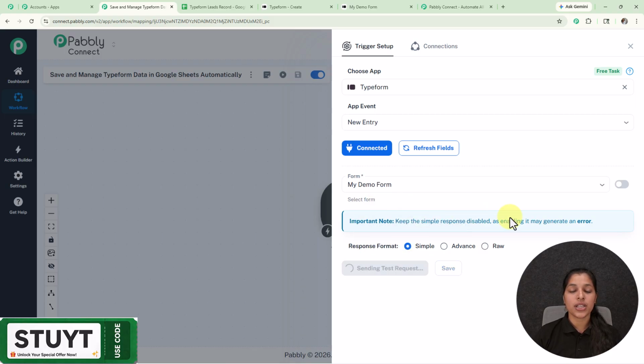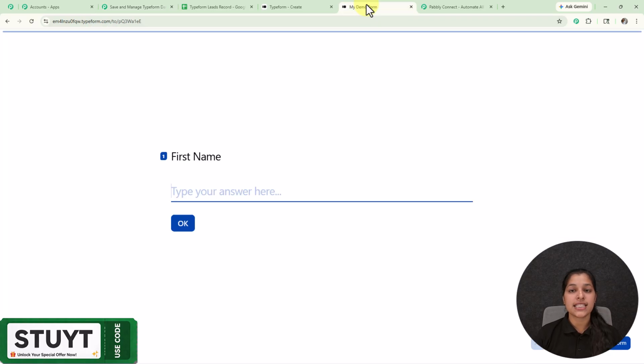Now we just have to click over the save and send test request, and here you can see its status is changed to waiting for webhook response. Now for providing the webhook response, we have to do the test submission, means we have to receive a new lead over our Typeform. So right here you can see this is the Typeform which I'm going to fill,